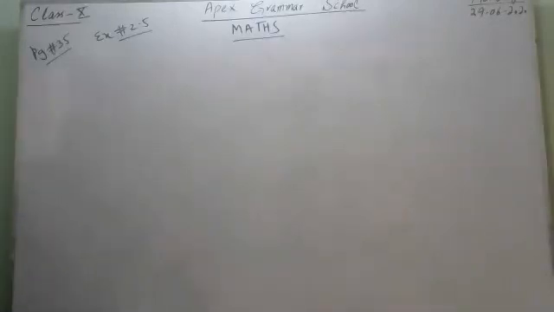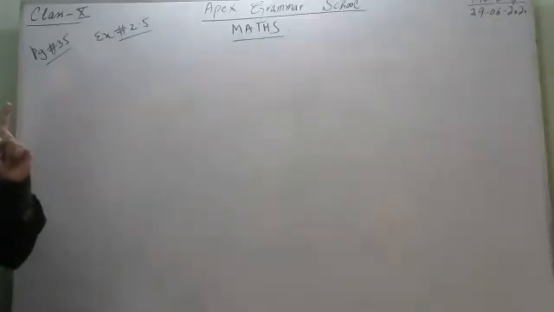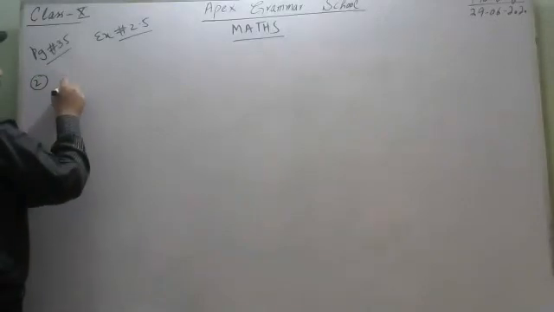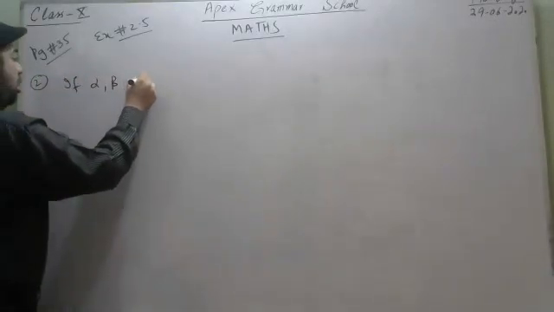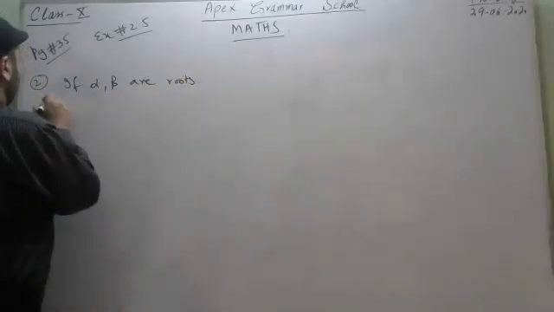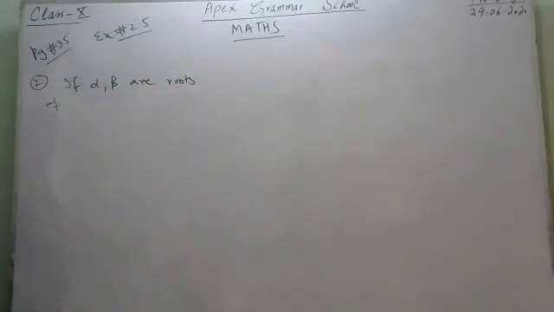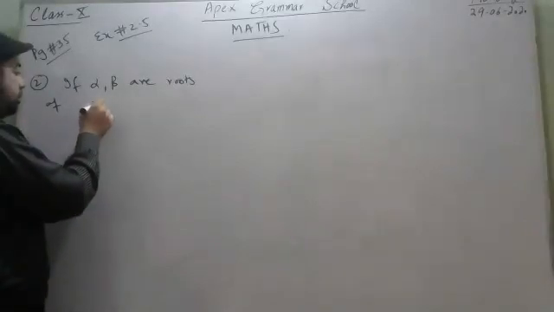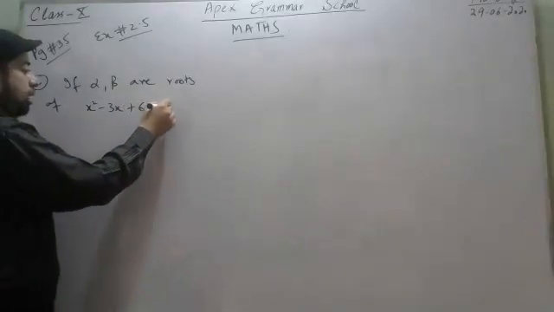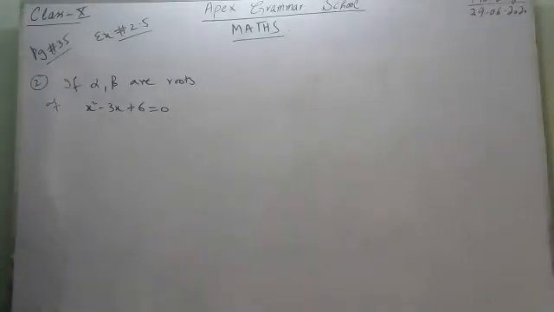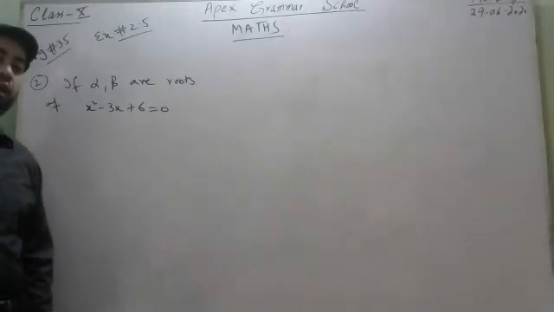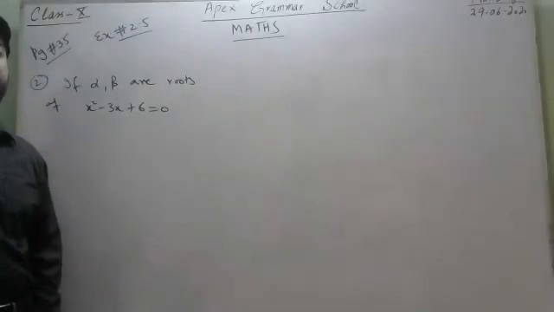Question number 2 is about if alpha and beta are the roots of this equation. Now you can see that in question number 2 we have one quadratic equation. If alpha and beta are roots of which equation? x square minus 3x plus 6 is equal to 0. Now you can see that generally he applies the method that we have already done in